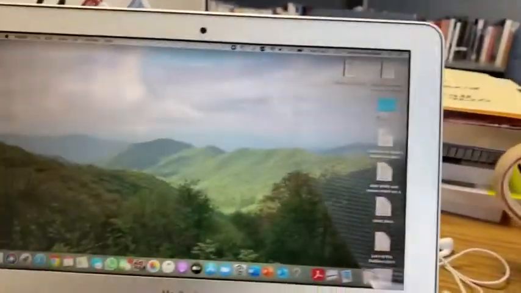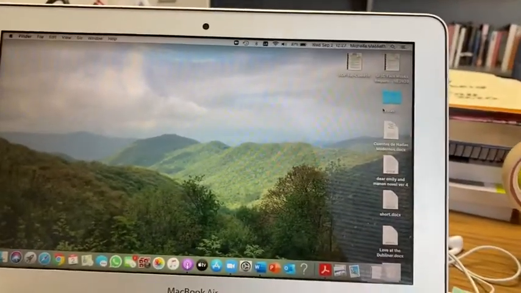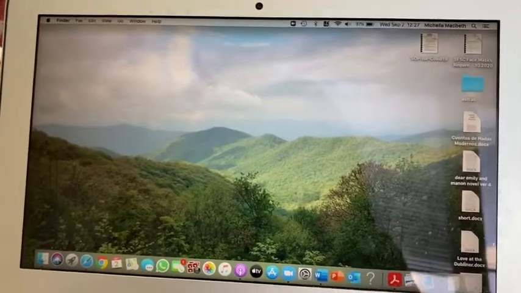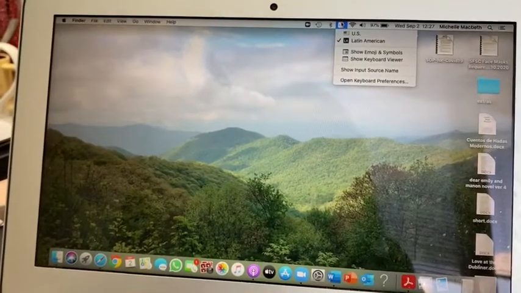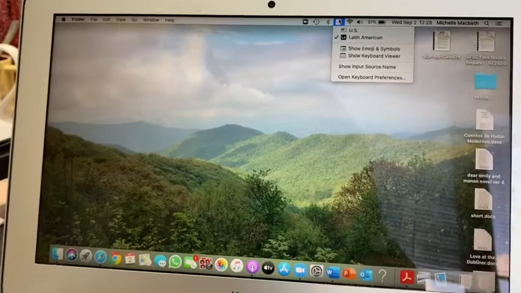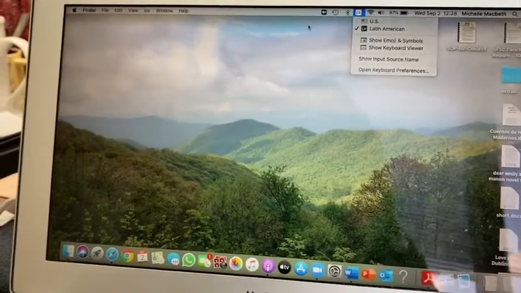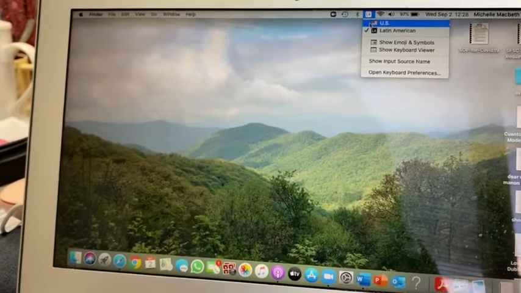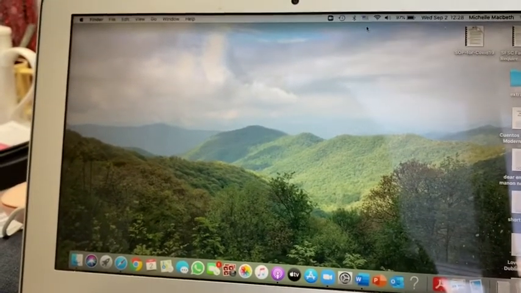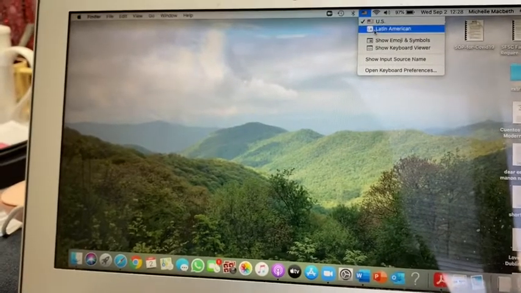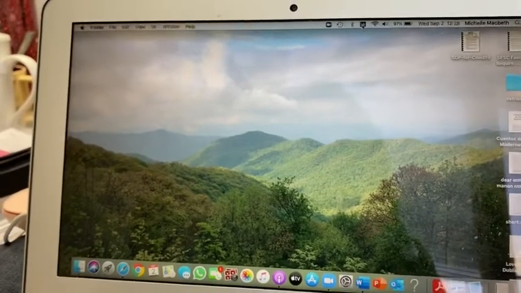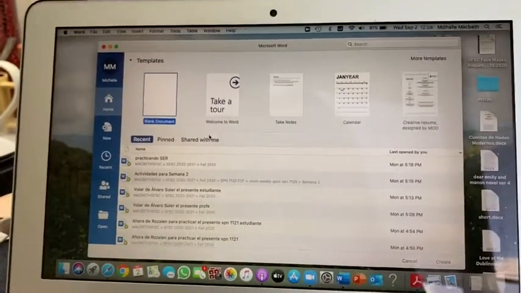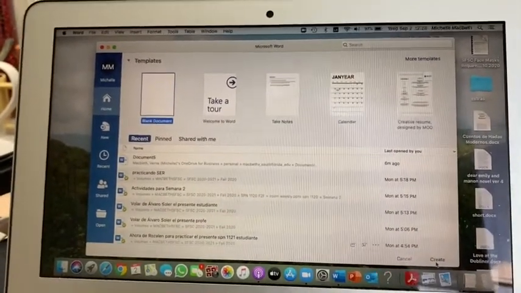Okay, so if you look on my Mac, right up here at the top of the Mac computer, you can see that there are keyboards available within the Mac. You can add keyboards inside your preferences. If you add a keyboard, like here, for example, I have a US keyboard and then I have a Latin American keyboard. And whenever I'm typing anything, so let's say I'm typing a Word document, if I switch my keyboard over into Latin American,